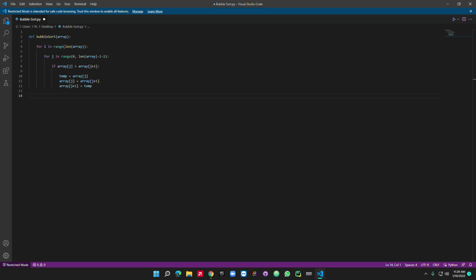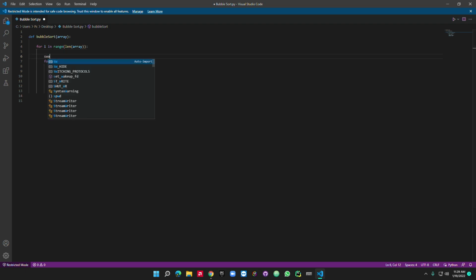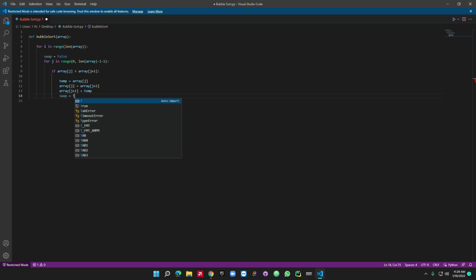So for that, what would we need to change in the code? We will just go to this loop. In this condition, array j plus 1, and initially in this loop we will create a variable, let's say swap is equal to, and initially it would be false. Moving on, at the end of this swapping we will make swap true,